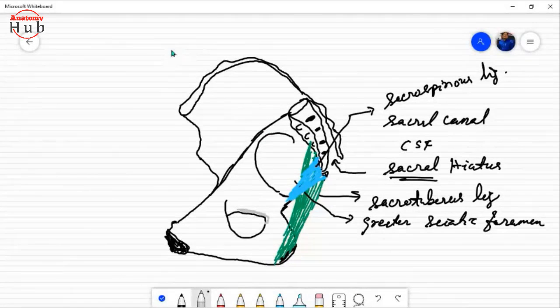As you know, just above this iliac spine you'll find the thoracolumbar fascia. This thoracolumbar fascia is a continuous sheet, and when it comes downward and crosses the iliac crest, its name changes to